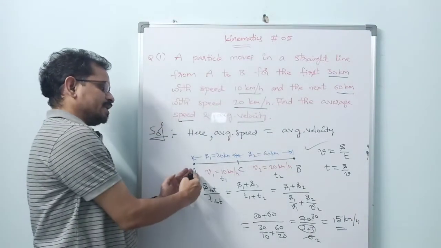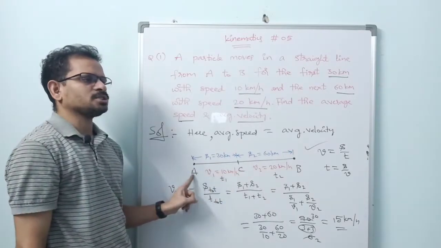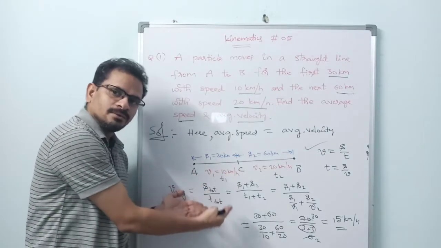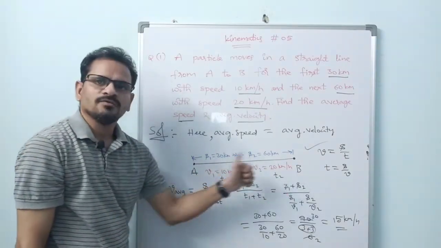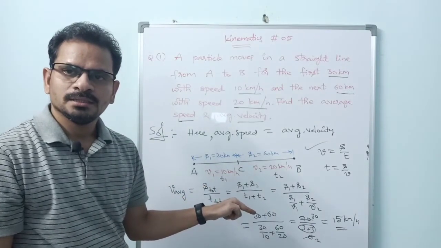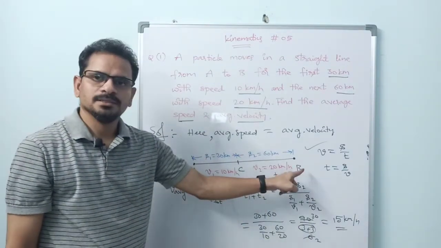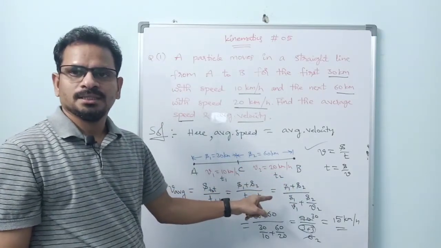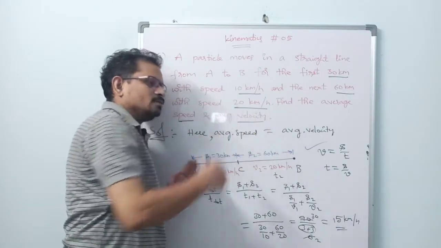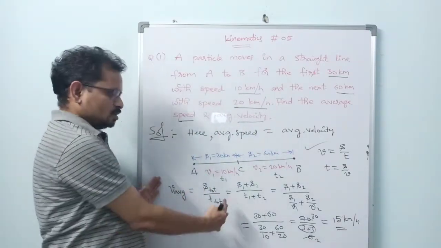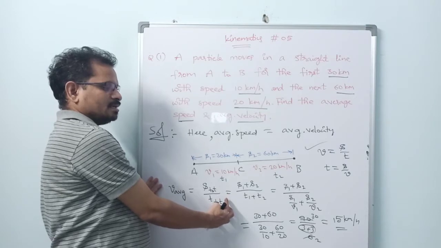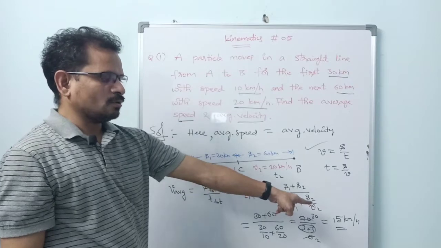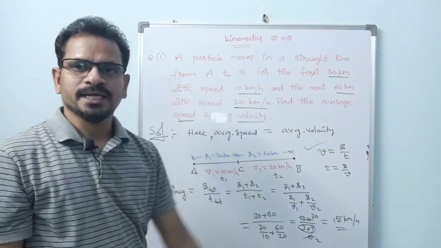Easy. So from A to C, what is speed? Constant speed 10 kilometers per hour. From A to C, what is average speed? 10 only. From C to B, with what speed has the particle moved? Constant speed or not? Constant speed only. Then what is average value for this part of journey? 20 only. But throughout this journey, what is average speed? So we have to use this standard mathematical definition, and solving in this way, we got that one. So throughout the journey, the average speed is given as 15 kilometers per hour.